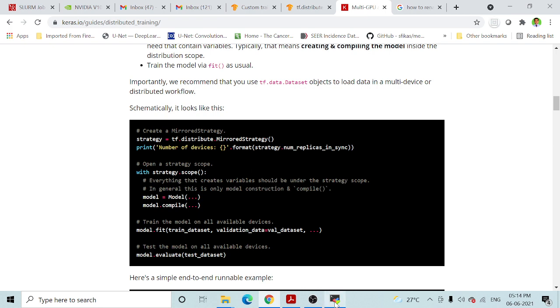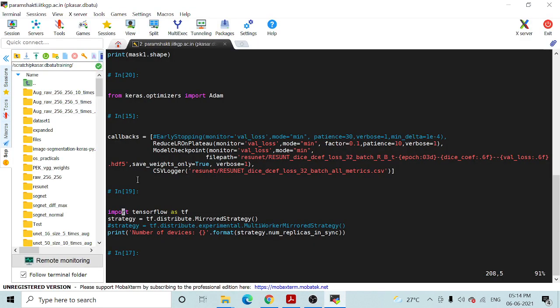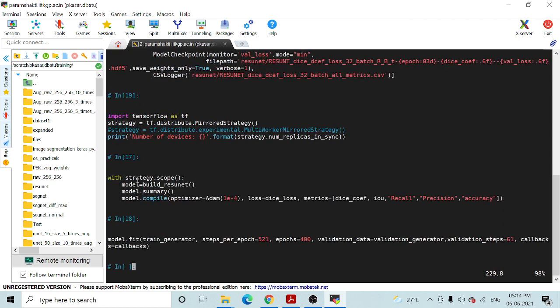So what changes do you need to make? If you can see here, this is the strategy you need to import, tf.distribute.MirroredStrategy. Then you can print the number of devices available on that particular node using this format. With strategy.scope, you just specify your model building within this scope.